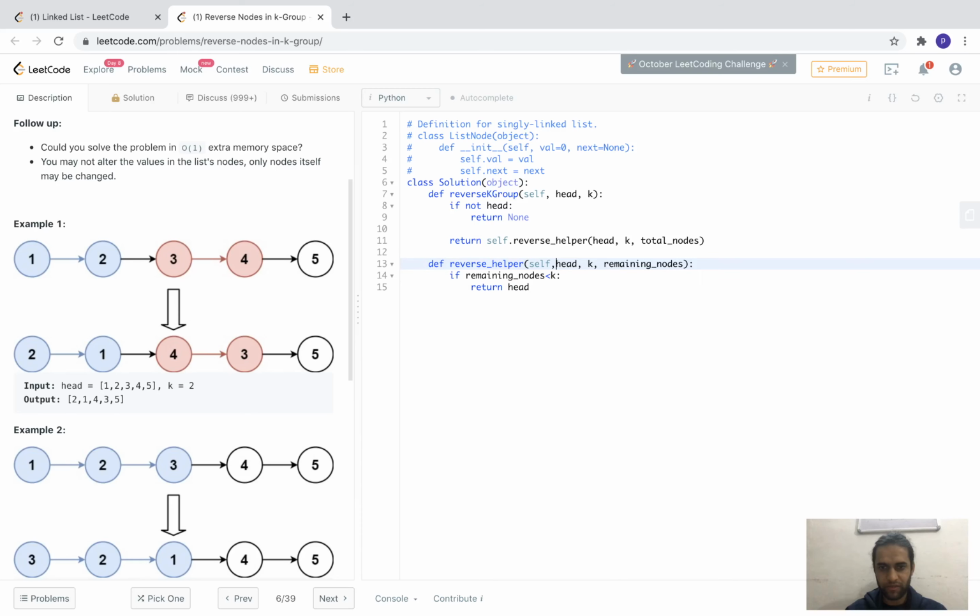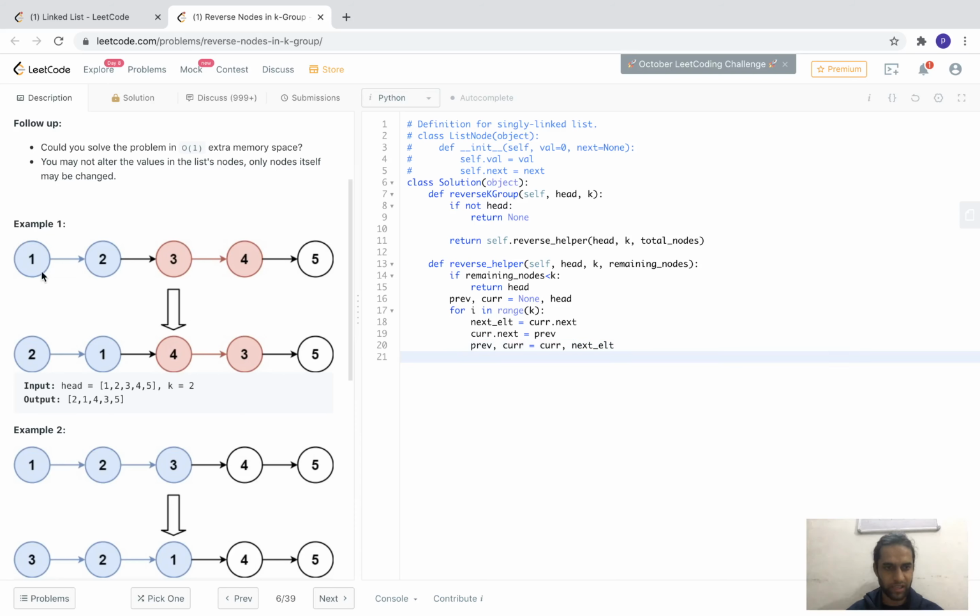Let's keep self here, right? Otherwise, what I need to do is reverse the k nodes. So now let's reverse it. I guess you are very familiar with recursion now, and how to reverse nodes also. So I just have to have None, head, and I need to reverse k nodes, right? So let's iterate k times. I will take the next element, which will be cur.next, and cur.next will be the previous node, and my previous and current will become current and next element.